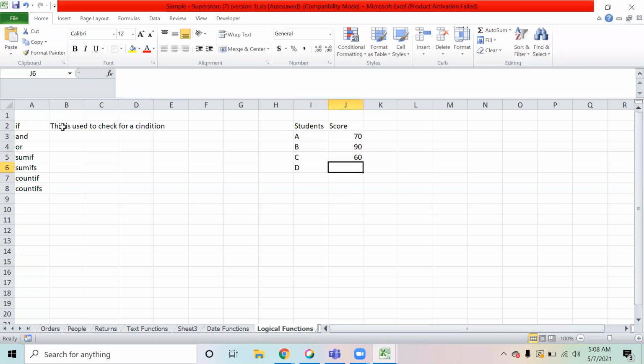A person who scored more than 70, I want to give grade A. If someone scored between 50 and 70, grade B. And if a person scored less than 50, grade C. This is the grading that we have to give.